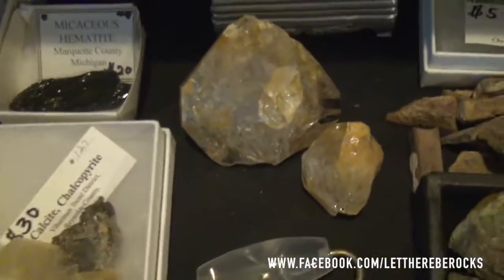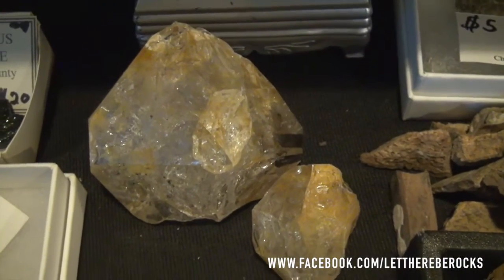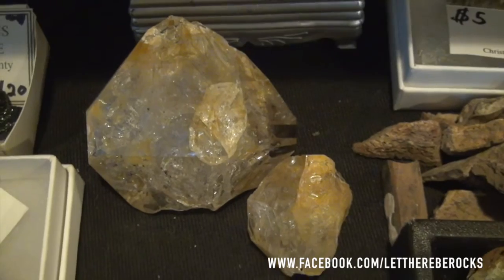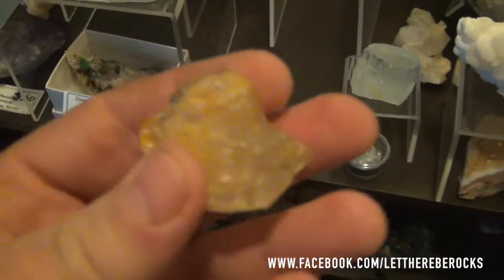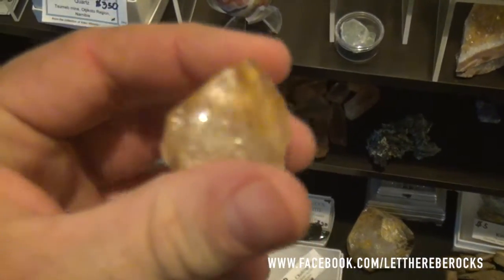Herkimer diamonds. We discussed those earlier. And same thing here again, like with the Libyan desert glass, we've just been lucky to get some nice pieces through the years. This is a twin set of Herkimer diamonds we have for sale here. They also call these golden healers because of their healing properties. And these are no joke, especially if you use them in conjunction with